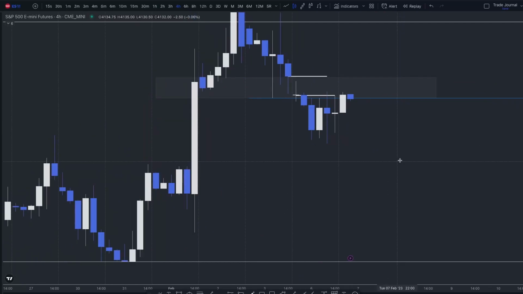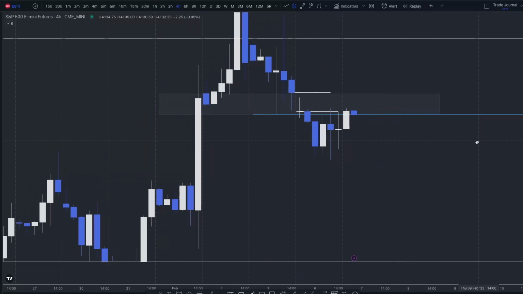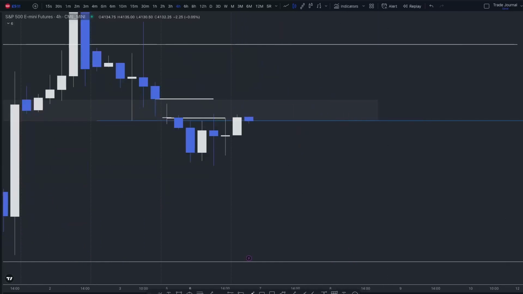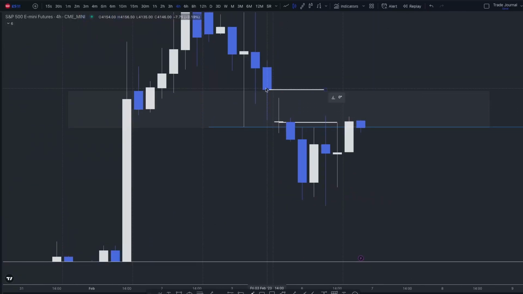Having said that, we also had this opening gap from the weekly, from the Sunday open. So the market opened up Sunday and created this gap. We have this volume imbalance, this gap from this candle's close to this candle's open. You can see I have these lines here. I'm just going to delete them right now, because I think it'll be a little bit cleaner to see my